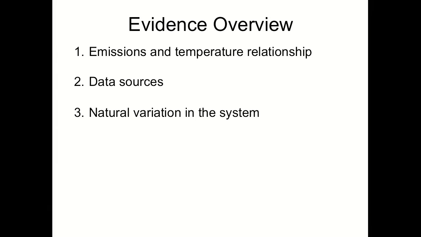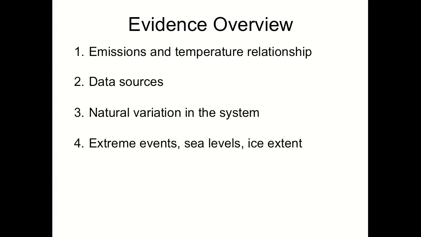So you know a lot about the natural variation in terms of solar, as well as volcanic emissions, etc., etc. So we always have to take that into account, particularly when we're looking at the uncertainty, and in particular when we look at how they might impact extreme events. For example, climate change has been recently linked quite strongly to increase in extreme weather events, sea level rises, flooding, ice extent, natural forest fires, etc.